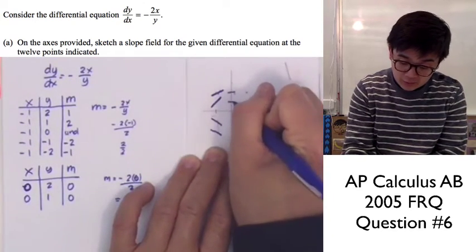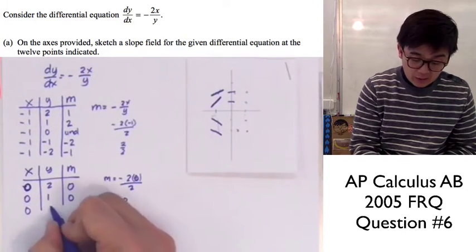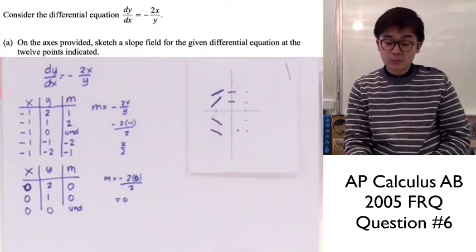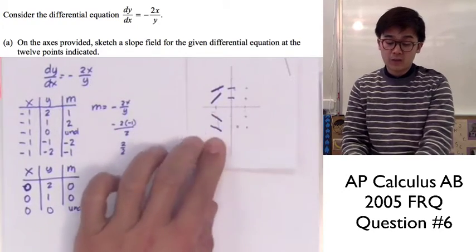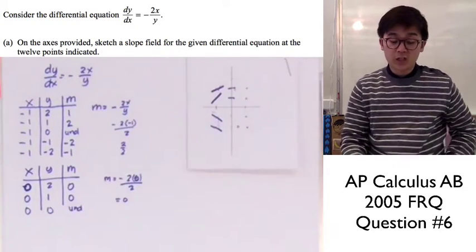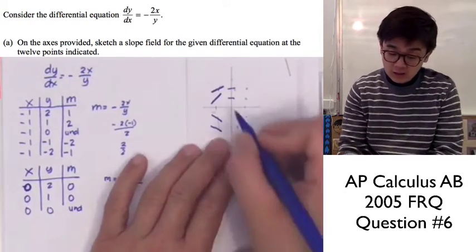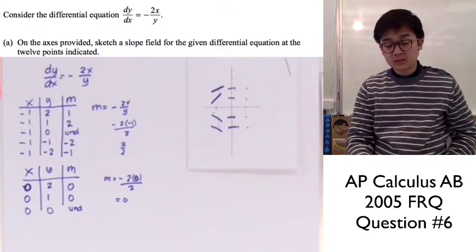So we have a horizontal line right here. However, when x is 0 and y is 0, m is undefined. So we don't need to represent an undefined slope right here. Or you can also use a vertical line for the representation of an undefined slope. And for the rest of the coordinates, we will still have a horizontal line